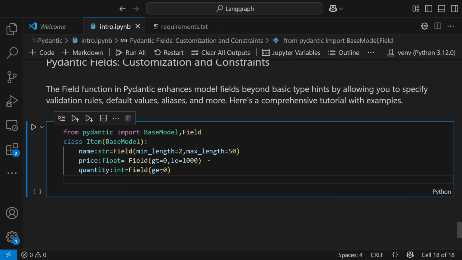It cannot be less than 0, right? So here, just to give you an example, this is just like, hey, this is a required field. Here the value should be greater than 0 and less than or equal to 1000, right? You can go ahead and define it like this. It should be greater than 0 and less than or equal to 1000, and this should be greater than 0,